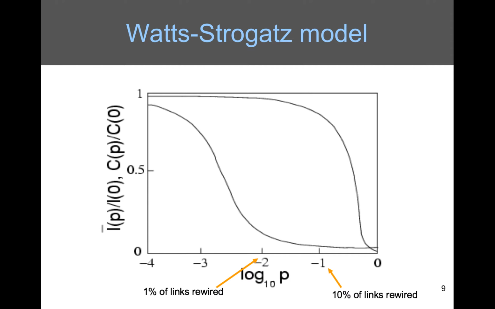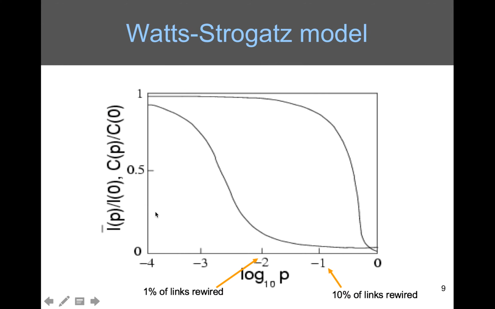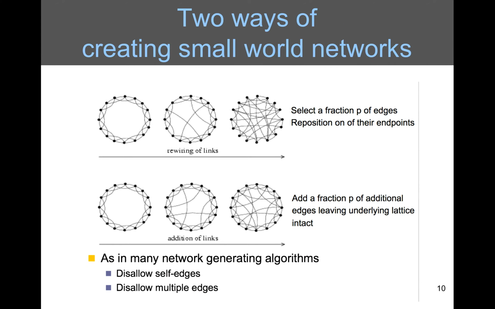A small world network forms by taking a pretty clustered network, which has a very high clustering coefficient, and just rewiring a really small portion of edges. You only have to rewire a really small portion, on the order of 1% to 10%. If you just rewire 1% to 10% of edges and create these random connections, very soon you will get a really short average shortest path length for your whole network. So this is just one way to create a small world network, which is to